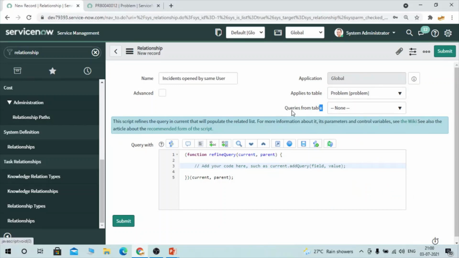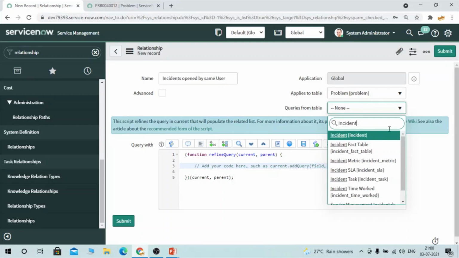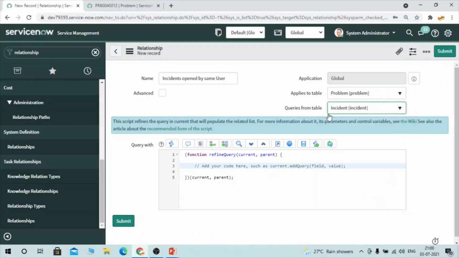From whichever table you want to query, you can select here. I'll be selecting the incident table because I want active records opened by the same user from the incident table, right? So I'll select incident table here.